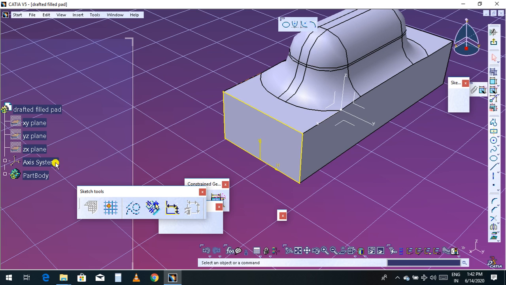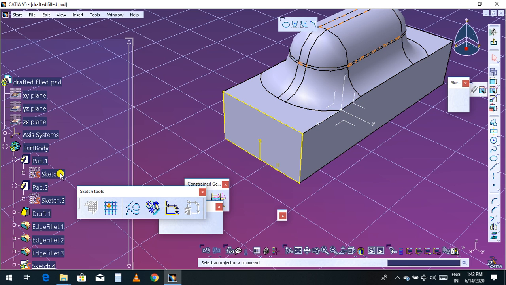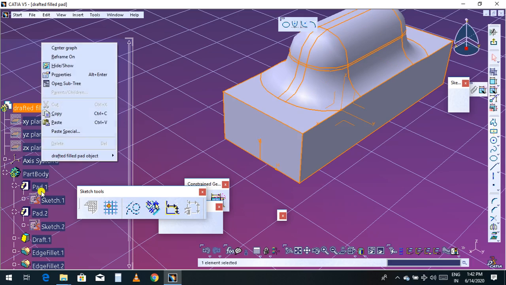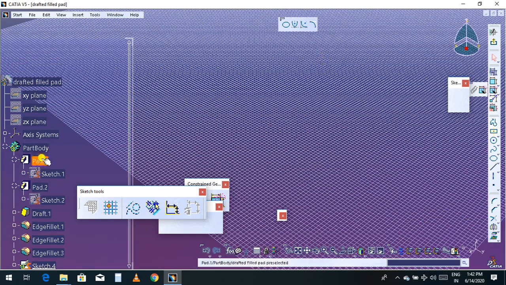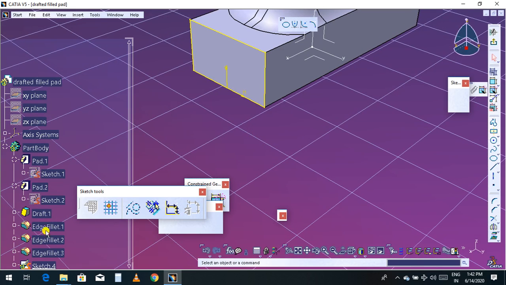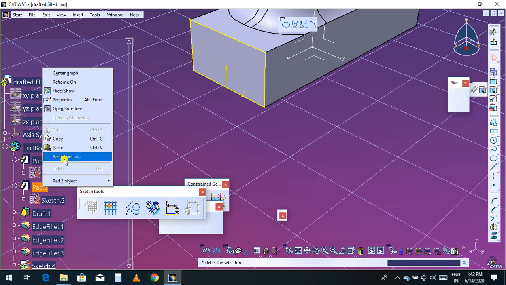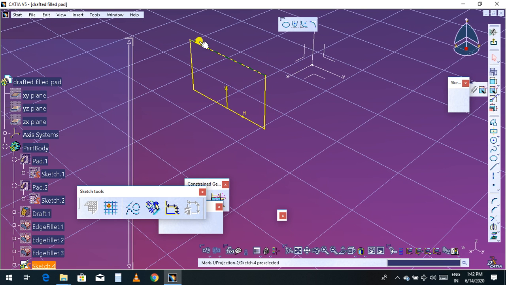I'll show you how. Just expand this pad. I'm going to hide this pad. Now see, I have hidden it, and now I have completed this sketch here.